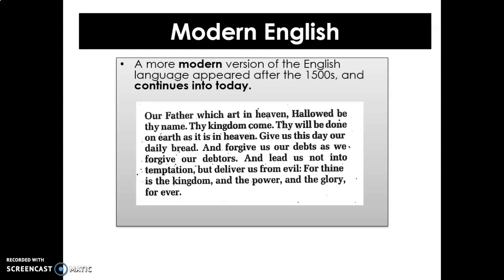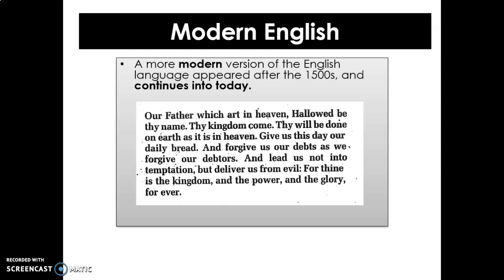So if we look at this one in the modern English, in other words, from the 1500s, actually there's an awful lot there that's familiar. There are still a few anomalies. Now, an anomaly is something that has disappeared, something that stands out. But here we go. Our Father, both of those words we use today. Thumbs up for those. Which, absolutely, we still use that. Art in heaven. Okay, I'm not going to lie. We talk about an art class. That's not what this art is here. Our Father, which art? So it's the old version of art in heaven.